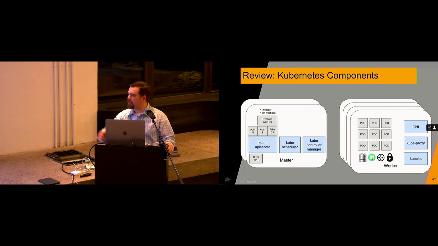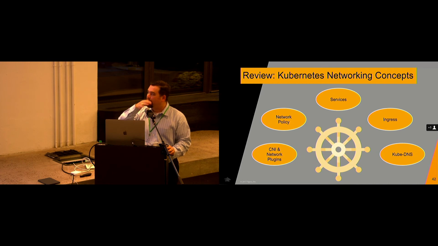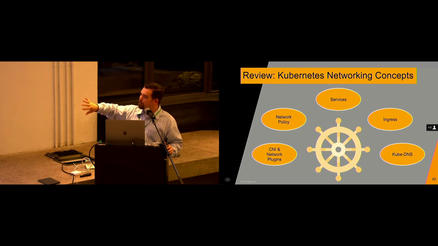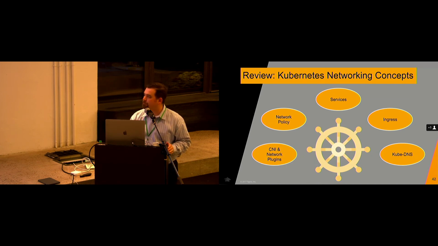Each one of those workers has additional things like storage and certificates. We already talked about them acting as routers, and they may have other things like SELinux and other ways to secure that host. So in Kubernetes land, these are the main concepts, right? This is just an overview. We've pretty much gone over just about everything except ingress and kubedns at this point, but this is how Kubernetes talks about connecting services and workloads to each other.